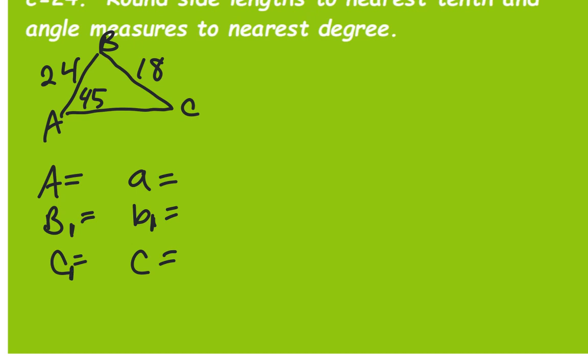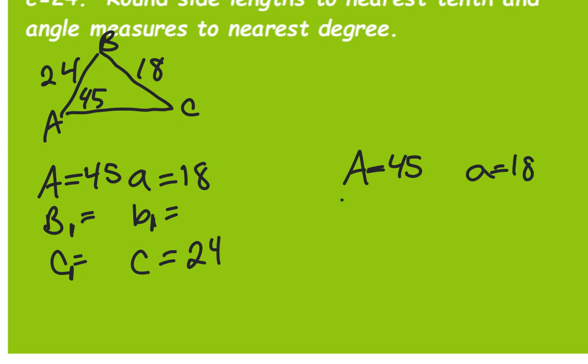C is going to change here, and it will not change. So 24, 18, 45. And then I'll go ahead and write it over here to the side. A. These are set. B2, B2, C,